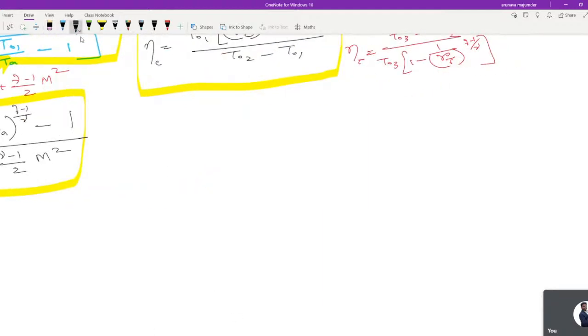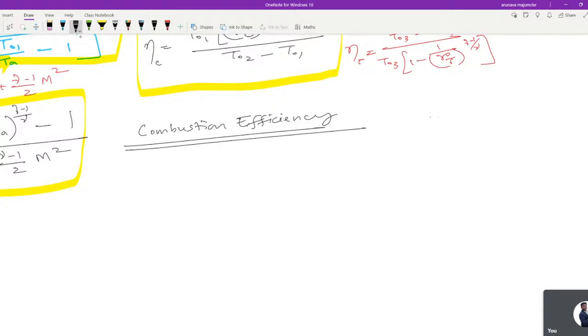Now we will continue with our combustion efficiency. Okay, combustion efficiency. You must remember the combustion efficiency, which is sometimes called the burner efficiency, right? Combustion efficiency or burner efficiency. As in the combustion chamber, both the air and the fuel are getting mixed, so we will have this formula